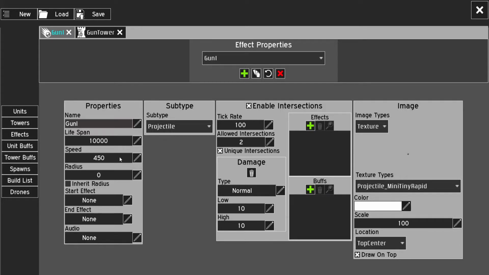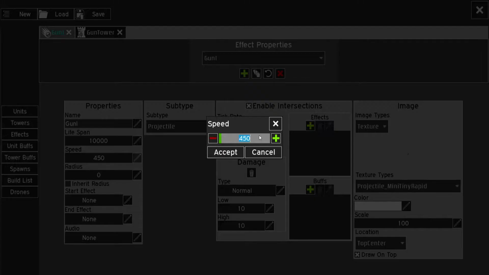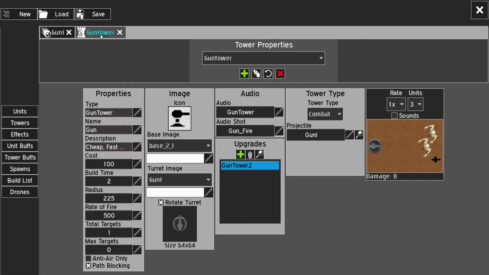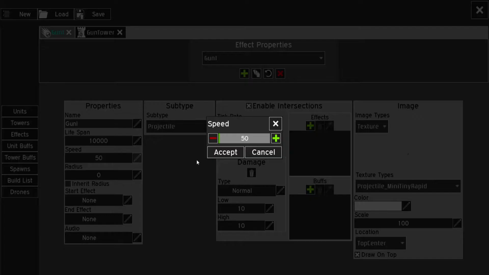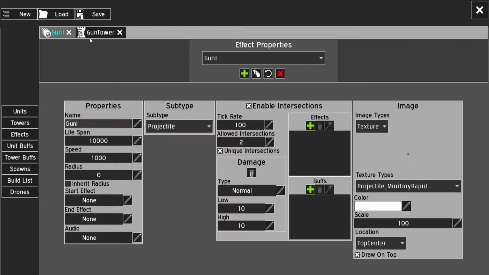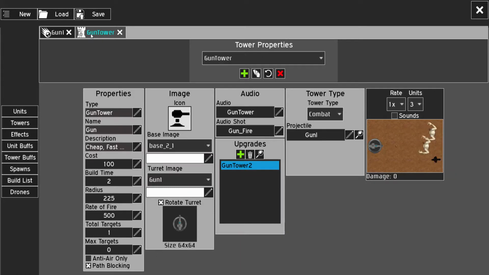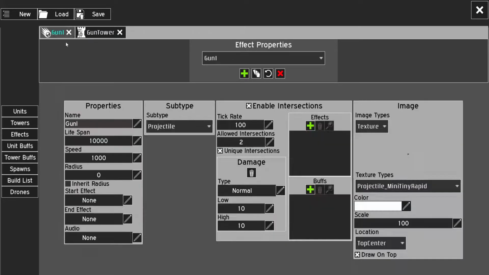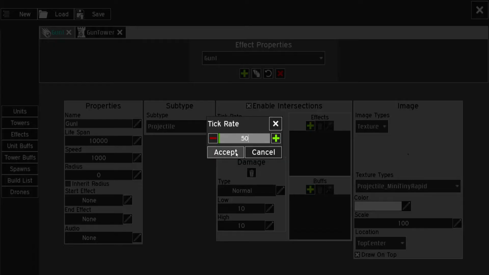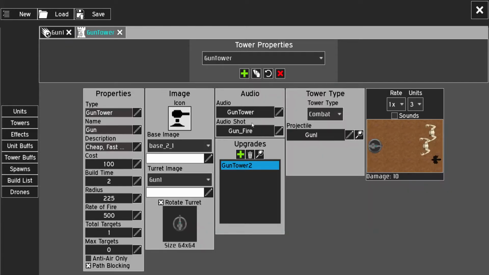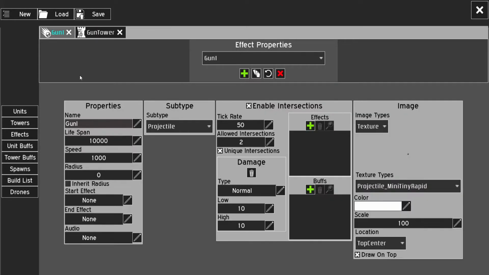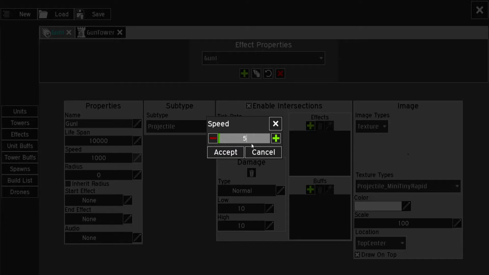Speed, obviously, that's how fast the projectile moves. We can make it super slow, as you can see, or we can make it really fast. And so you don't even hit now because this intersection's too high. Anyways,